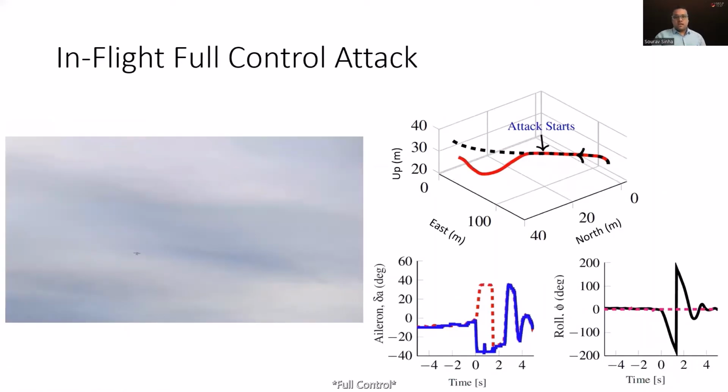Now, during the full control attack demonstration, the human pilot sends 0 roll set point, and the computed aileron angle is constant for that. After that, when the attack starts at t equal to 0, the attacker sends a T-rotate of -1.8 meter per second, which rotates the aileron in the negative direction, making the aircraft roll. And after the attack stops, the aircraft rolls by around 180 degrees, but the victim controller successfully regains the control and then holds it back again.